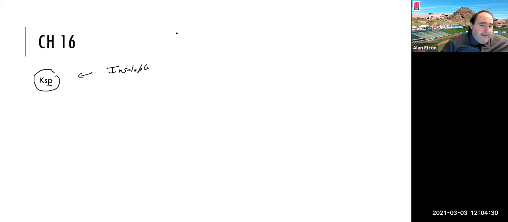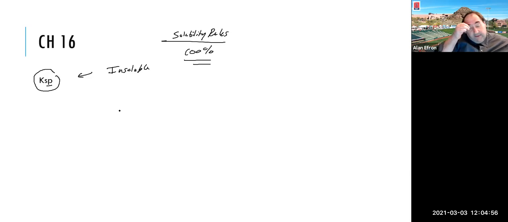And although when we think about solubility rules, we sometimes think about them as being 100% always the case, it's really not the case. As we will see in this chapter, there are a lot of things that can affect the solubility, and whether or not you see a solid. So even though solubility rules say, hey, when you put a silver guy together with a chloride, you're going to get a solid, there are a lot of factors involved as to whether or not you will actually see